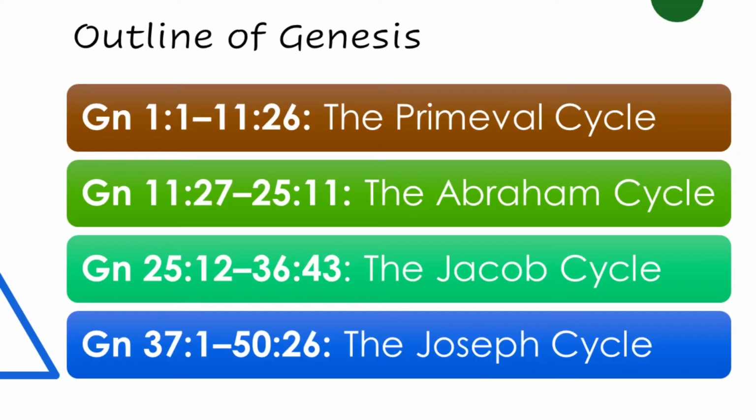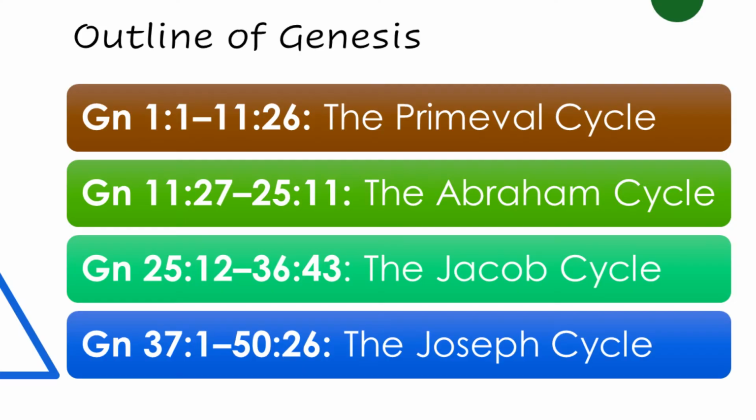Then we move to the Abraham cycle. As the name implies, Abraham is the main character. And we're going to hear how Abraham goes from Mesopotamia to Syro-Palestine, to what's eventually the Holy Land, then to Egypt, then back to Syro-Palestine. He moves around our 3 main ecosystems we've already talked about in this course. Then we're going to move to the Jacob cycle, and then we conclude with the Joseph cycle.